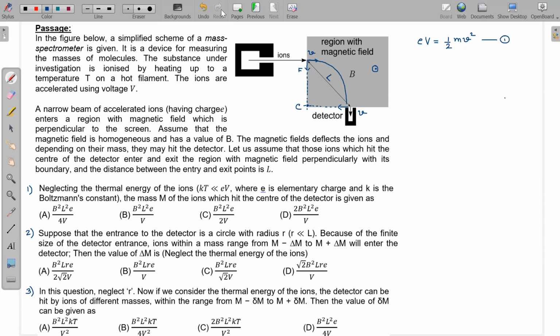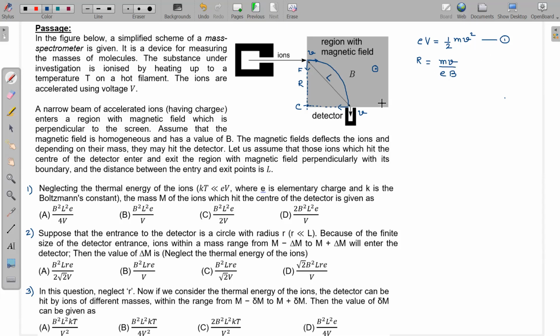So let us draw this arc. This will be some kind of an arc on which the particle will be moving. In fact, this is 1/4 of a circle. Let us suppose the radius of this arc is r. So I can write the value of r is equal to m into v divided by charge on the particle into magnetic field B. This is a very standard expression for the radius. You can just equate this force equal to mass into centripetal acceleration of the particle. You will get this expression for the radius.